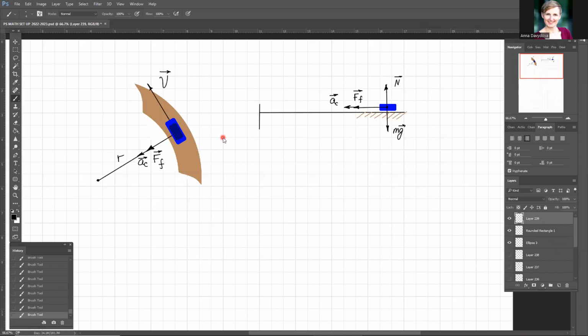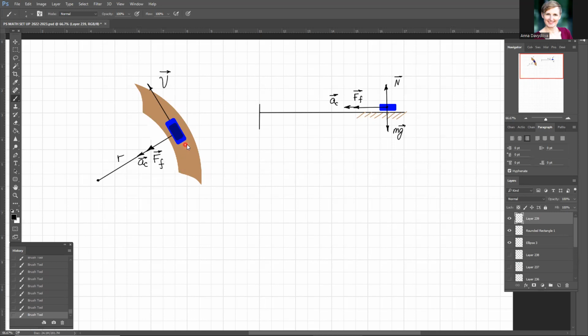This recording is for my grade 12 students to demonstrate motion on a circular path of a car on a highway. In this particular problem, the car is moving in this brown curve. It's flat. There is some friction. Question usually asks what should be the coefficient of friction such that the car can safely